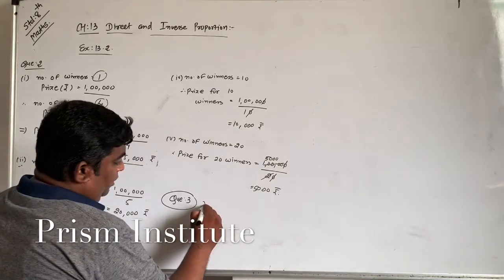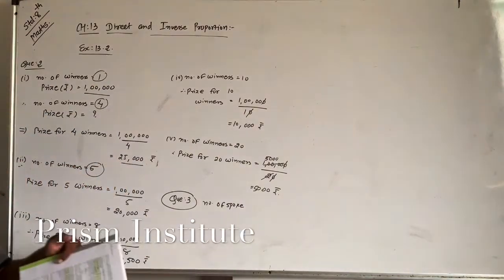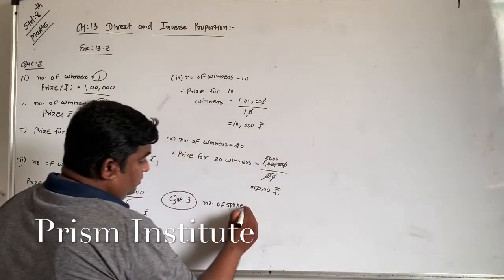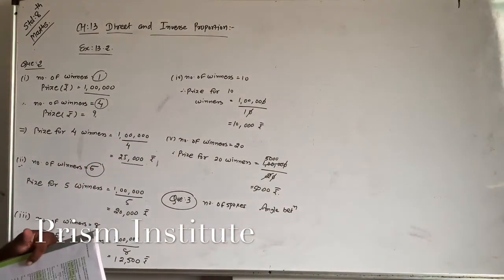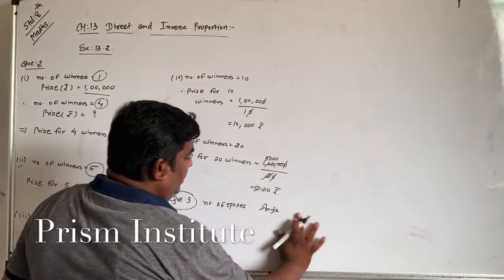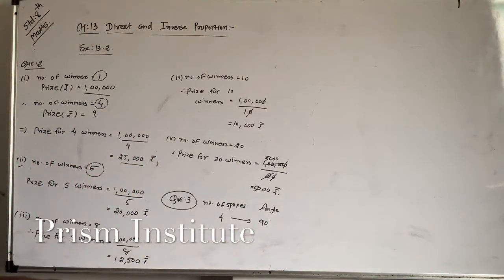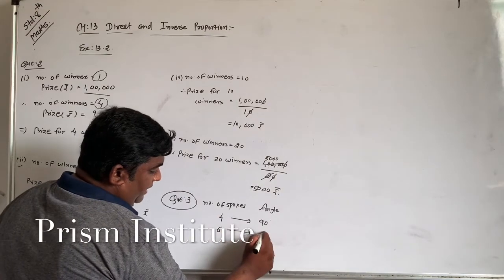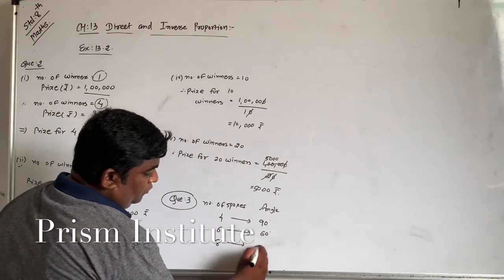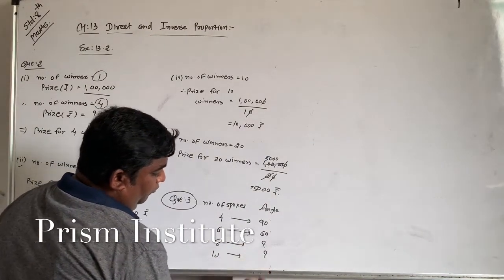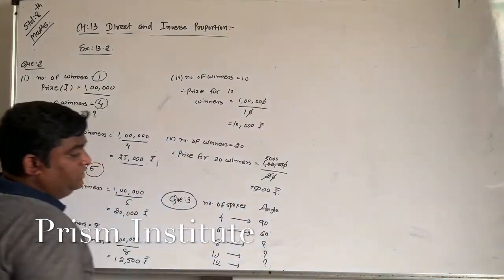Given the number of spokes, the table lists the angle between a pair of consecutive spokes. Just read it down here. If the number of spokes is 4, at that time the angle is 90 degrees. Now in 6, that is 60 degrees. Now in the table, for 8, for 10 we want to find the angle, and for 12 we want to find this one.